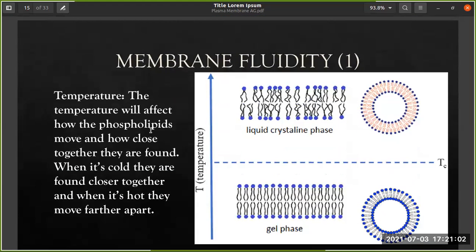Then we talk about membrane fluidity, which we have talked about, that you have a liquid crystalline phase and a gel phase at lower temperature. At higher temperature, it becomes more liquidy, and at lower temperature, the molecules are more close together, more frozen together. Therefore, your skin starts to crack in lower temperatures. These are some of the reasons, because they come close together. But the presence of cholesterol at least keeps some sort of fluidity present.